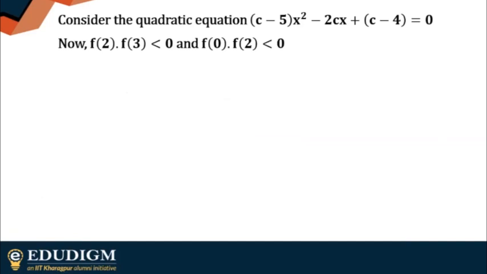So this is the quadratic equation, right? Now this is very, very important. One root is lying between 2 and 3. Another root is lying between 0 and 2. So these are the inequalities you are having. If the quadratic equation is like something equals 0, so f(x) is the one that we have considered in the left hand side.